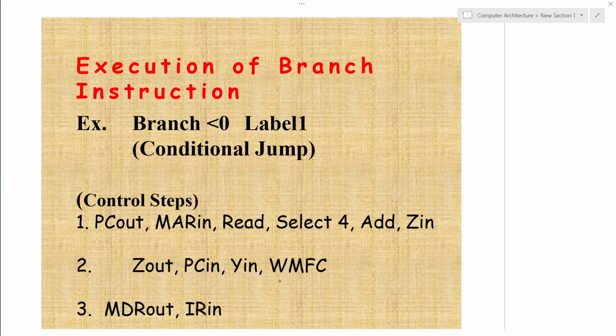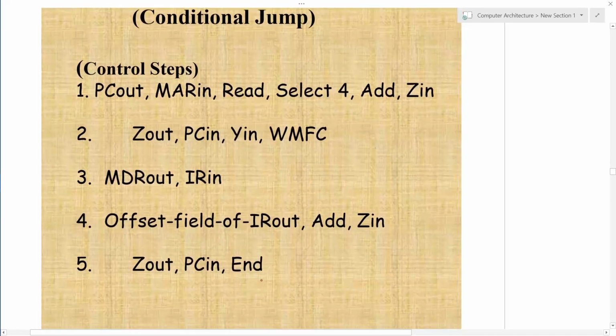For example, if the branch is negative, the instruction 4 in the previous example will be replaced by offset field of IR out, add, Z in.